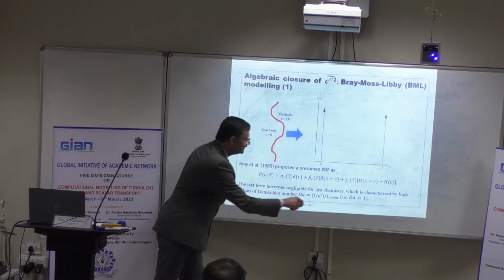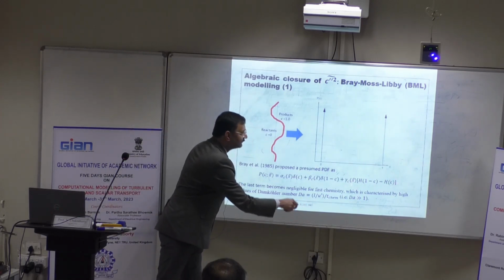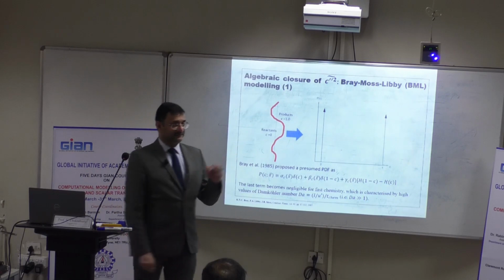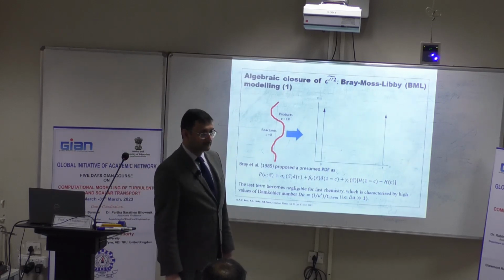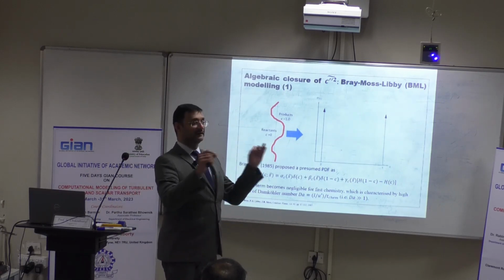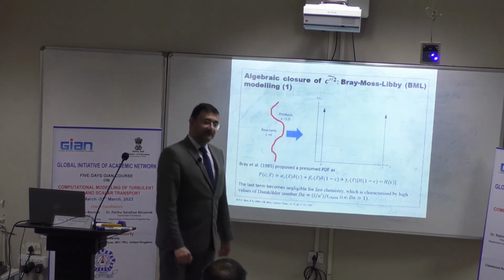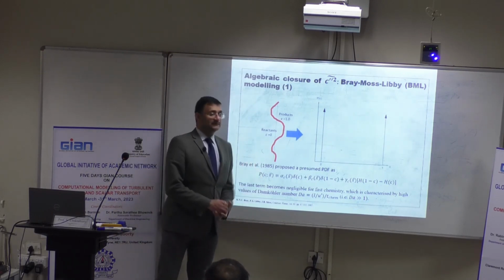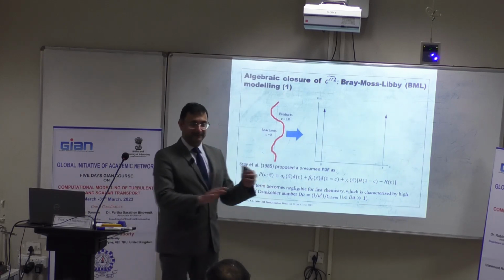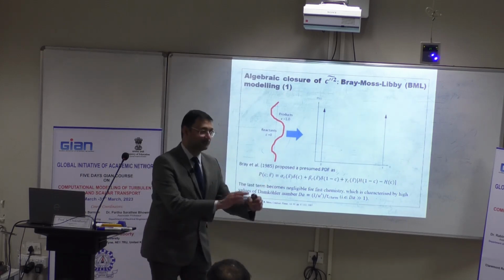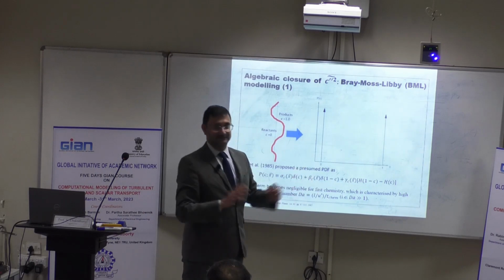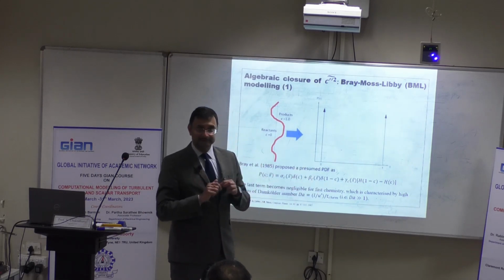This is essentially the contribution coming from the burning mixture, which is between C0 and C1. Why between C0 and C1? C0 means unburned reactants, no chemical reaction has started. C equal to 1 means all chemical reaction is finished, right? So